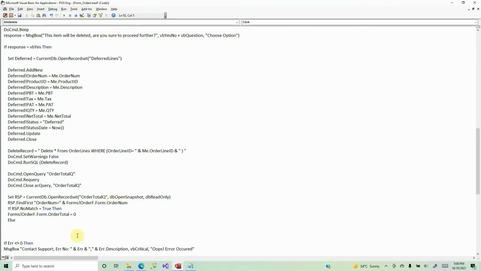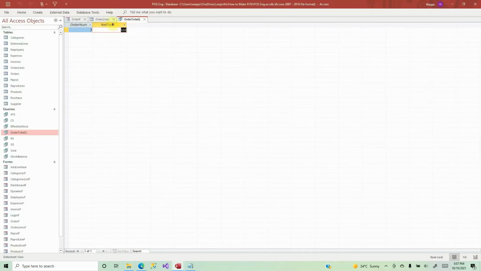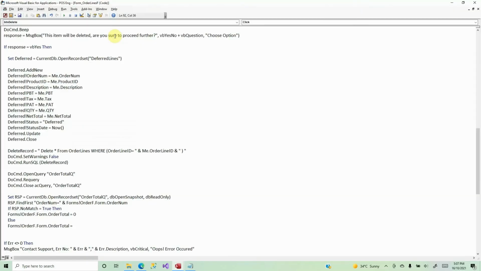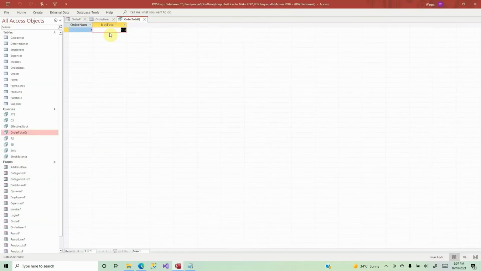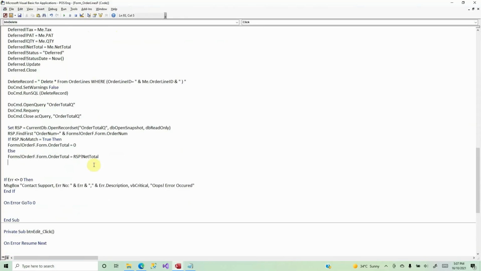Else, if we have found, then what? Well, then simply not 0, then we want this net total to be added. So we'll say RSP exclamation mark net total. Okay, I hope you got the idea. I hope you're understanding. I hope you're following me what I'm trying to do here. Once the pricing information is added,